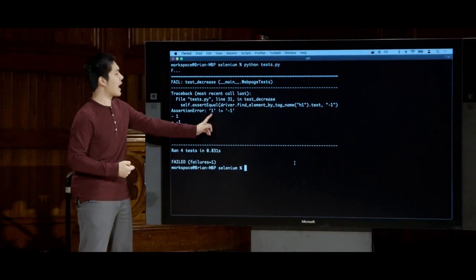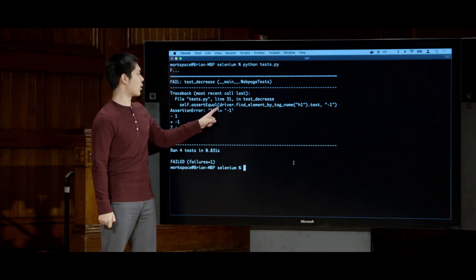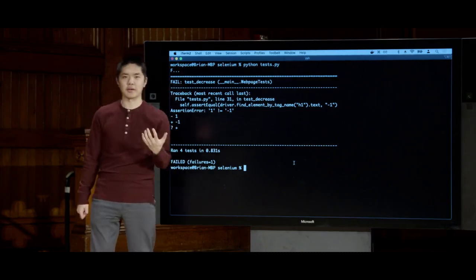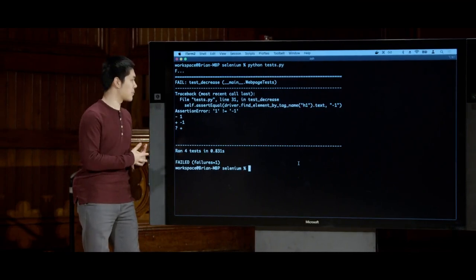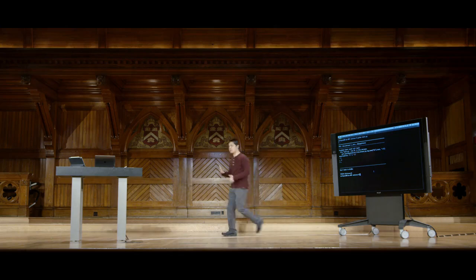It tells me the actual output of h1's text, it was 1. But what I expected it to be was -1. So it tells me exactly what the discrepancy is. I know that for some reason it was 1 instead of -1. And that can be a clue to me, a hint to me, as to how I can go about trying